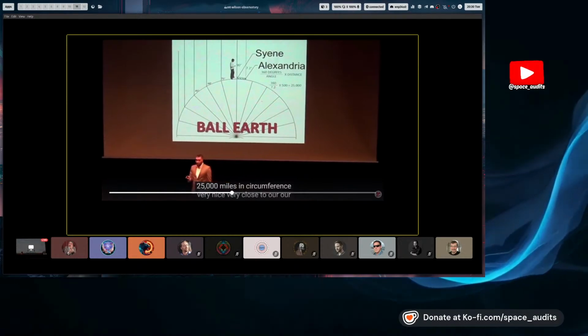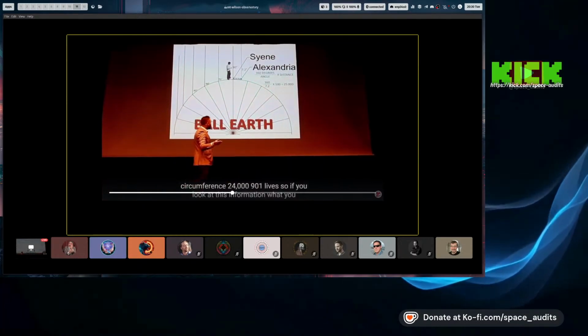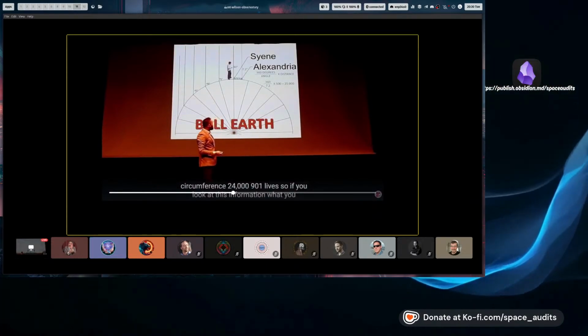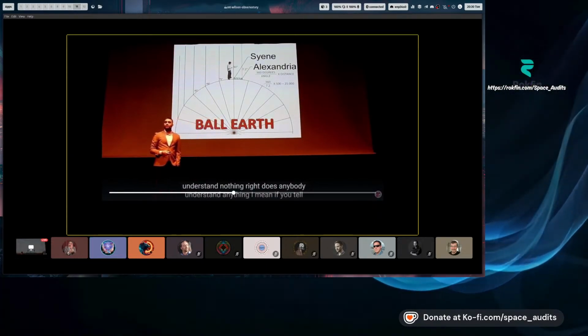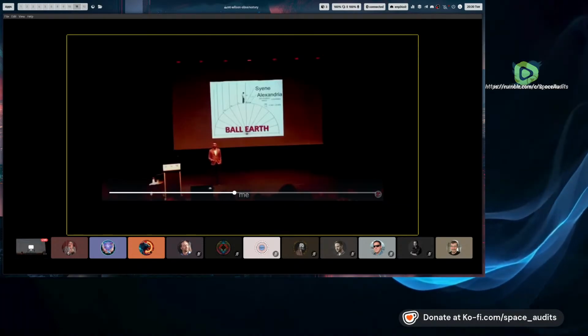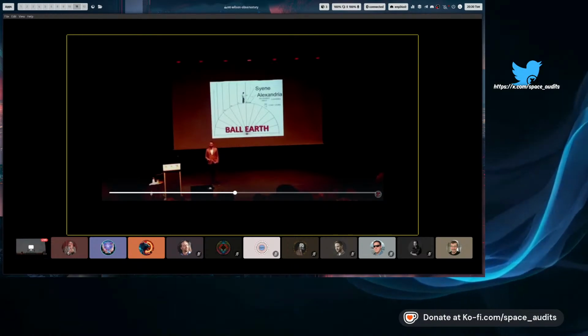Very nice. Very close to our circumference, 24,901 miles. So, like that. If you look at this information, what do you understand? Nothing, right? Does anybody understand anything? I mean, if you tell me. Well, they basically presuppose the Earth was a globe based on how